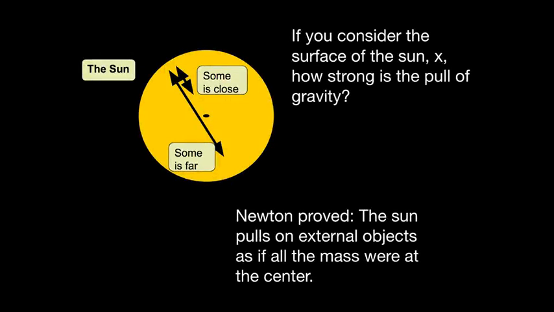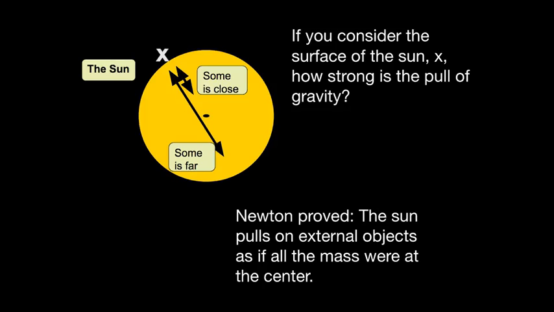Now, it's kind of interesting to note that it was Newton also who proved that the distance to the center of the Earth is where you should measure when you're trying to figure out the force of gravity. Think about it. If you were standing at X, and let's say the yellow circle was the surface of the sun or the Earth, let's say the sun, how strong is the pull of gravity? You notice that some of the sun is close to you, some of the sun is further away, and Newton